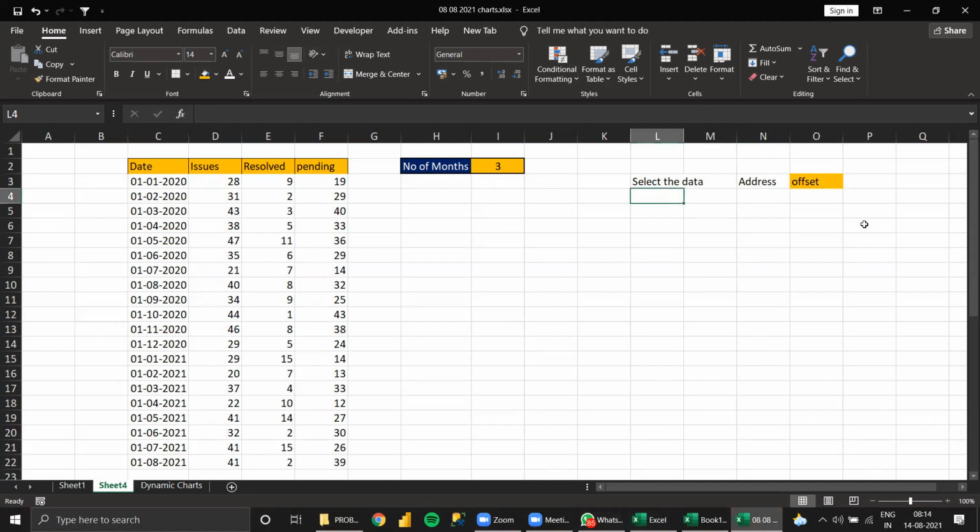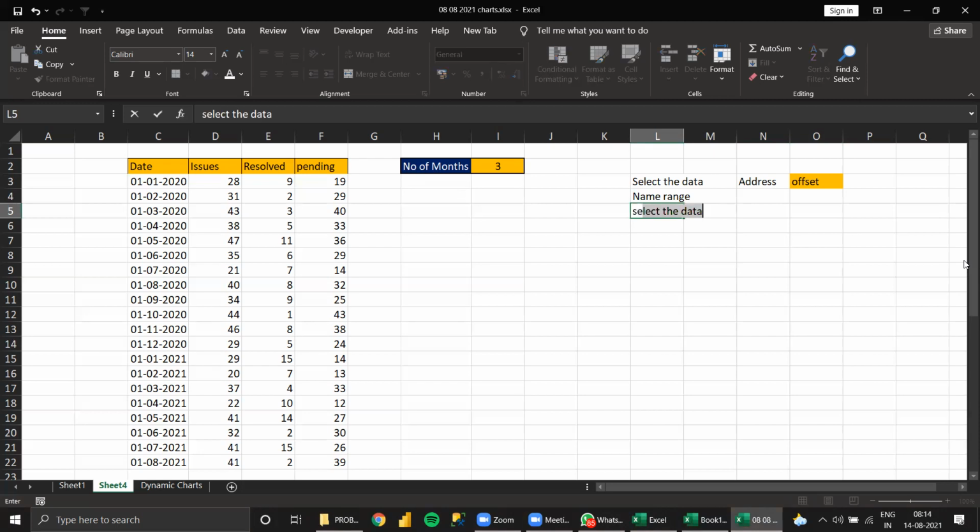Now, after selecting, how can you select the data? Formula is okay. Where you can put this? This can be put in the name range. So this formula you can put in name range. Then we need to insert chart.